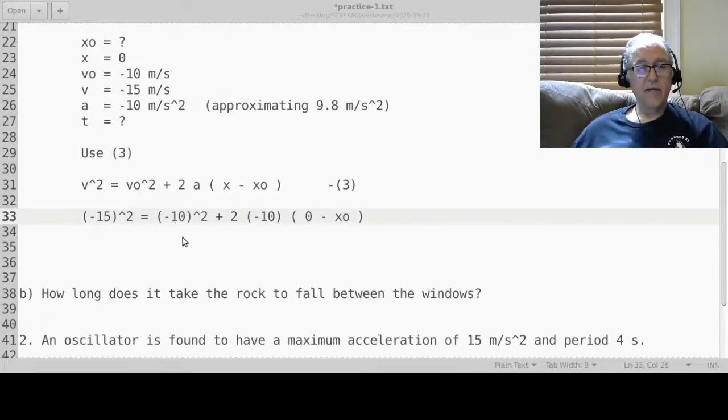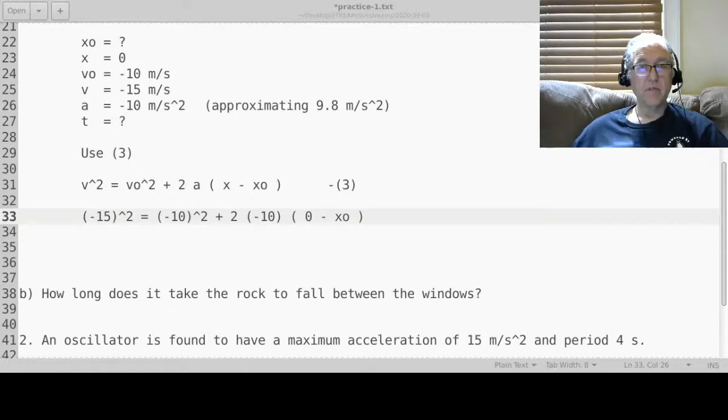And so for v naught squared, you're going to have negative 10 squared plus 2 times a. A is that acceleration due to gravity, which we know was negative 10. And x is the final position. That's 0. That's where we put the 0, the ruler, and the initial position, that was unknown. That's the height of window number 1. Okay, and now just expand out